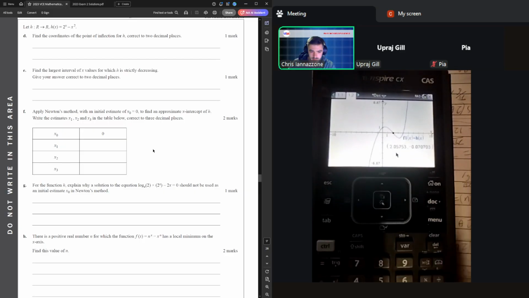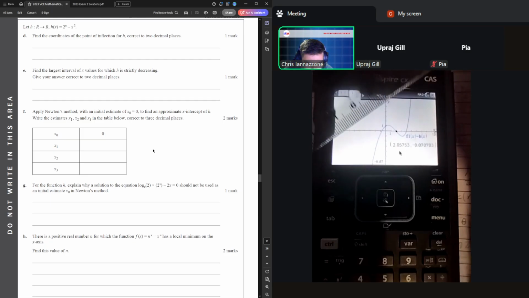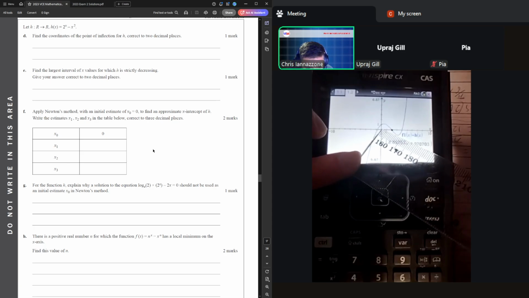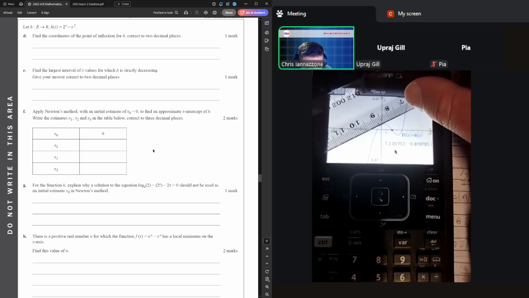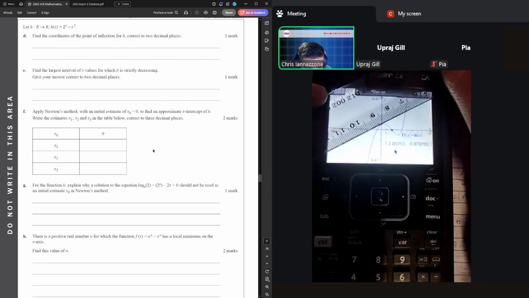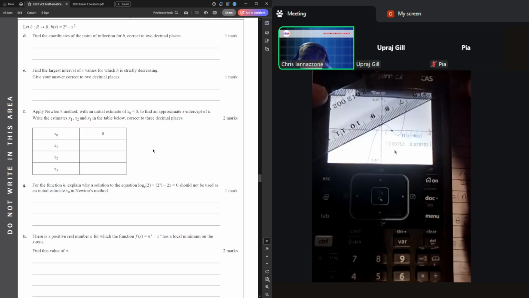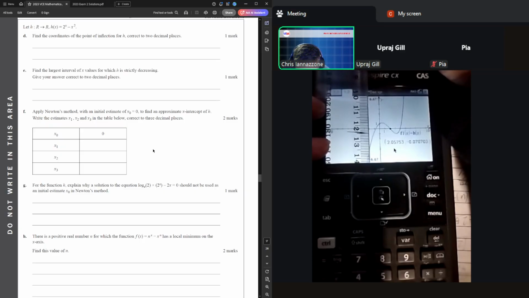Newton's method is the repeated taking of tangent lines at some initial guess until you get closer and closer to some x-intercept. So for instance, let's say we can't use algebra to solve where this x-intercept is, but we know it's roughly around here. What I can do is take a tangent line off of here and then look at where it reaches the x-intercept. And then I'll say, cool, okay, I'm getting a bit closer. And so what I do then is I look vertically down from that x-intercept